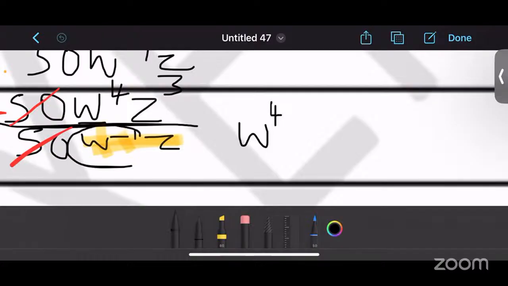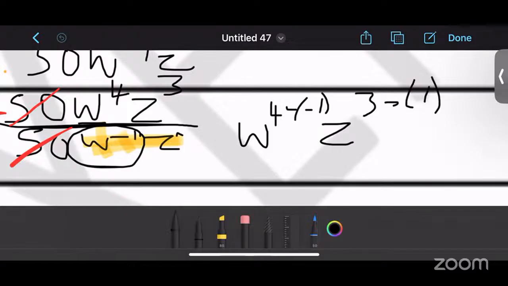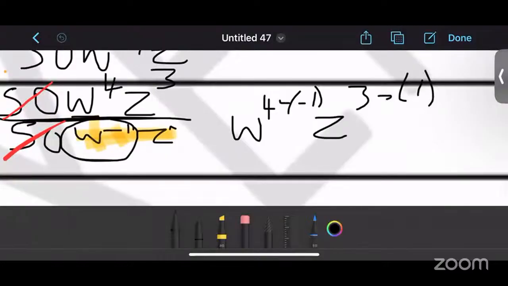So remember this W, when it goes up, when you're dividing the same bases, you subtract the exponents. Now it's going to be 4 minus what? -1, okay? Are we happy? Yes, ma'am. Good. And then we're going to have Z to the power of 3 minus 1. There's -1 here, okay? So we have what? We will have